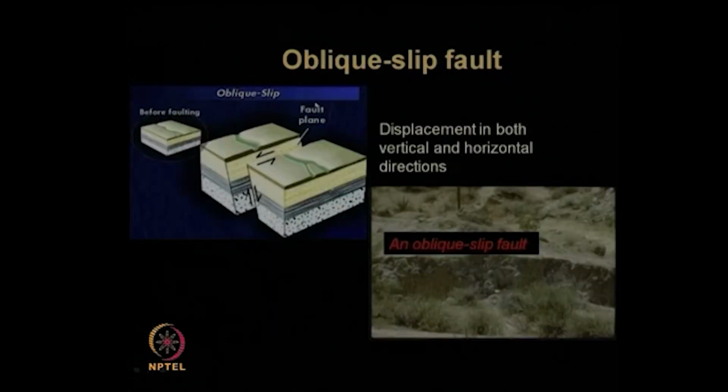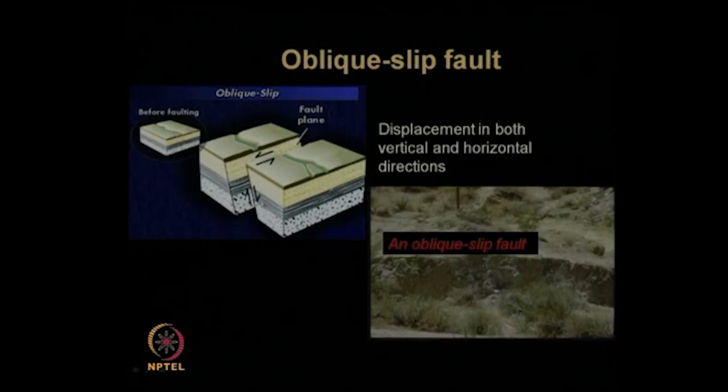Now, coming to another type of special fault, which is known as the oblique slip fault. This is, I should say, a combination of the previous faults. You can see over here, this was the before-faulting picture, and after faulting, this is the exposed fault plane. There is both shearing force as well as some divergent or convergent force, which is creating this type of